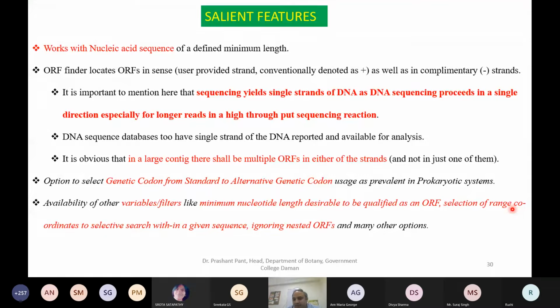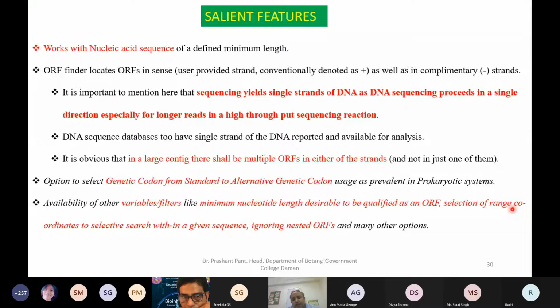If you have a large sequence, you don't want to go crazy working with 10,000 ORFs present in 1 gigabase of chromosome molecule. Simply say, from 1 to 1000 bases, how many ORFs are there? Then you can go from 1001 to 2000 and so on. That way you can chop your work into small pieces.